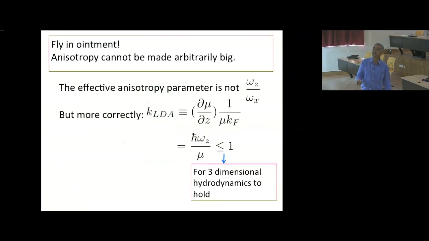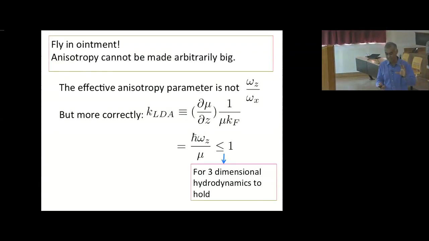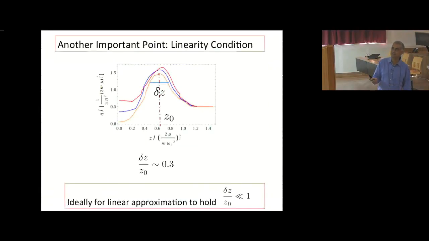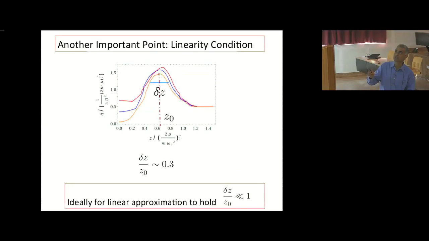There are some caveats. It turns out you can't drive the system into extreme anisotropy, but roughly into a regime where the anisotropy is order 1. But if it's order 1, is that big enough? We don't know numerically in any precise way what the corrections are, and so on and so forth. And a few other caveats which I can tell you about. The approximation that the potential is linear is not true, but the dominant contribution to the viscosity comes from a small region of the trap, and it can be treated that way, but the region is not small enough. So again, our general gravity results hold for linear potentials. This is not quite a linear potential.